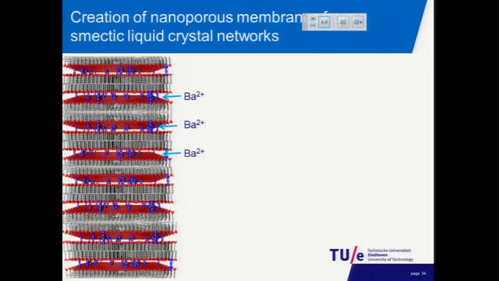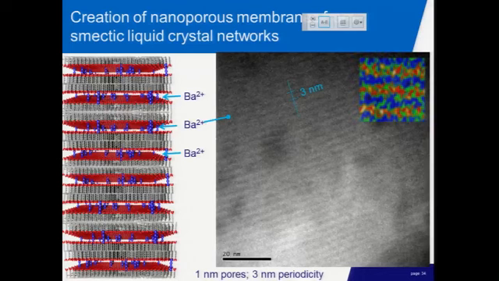The cartoon is not completely right because this suggests too much order in these areas. This is not present, but the layers are held together with these covalent bridges. And what you can do, for instance, is fill the elements with another ion, in this case barium, in order to make contrast in the